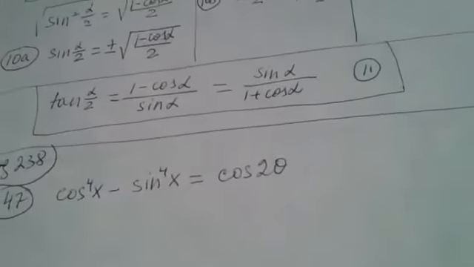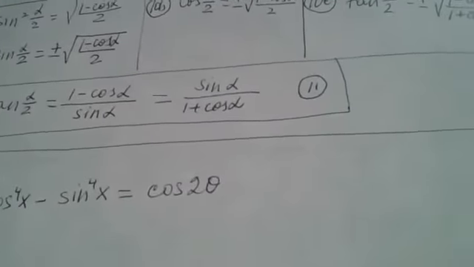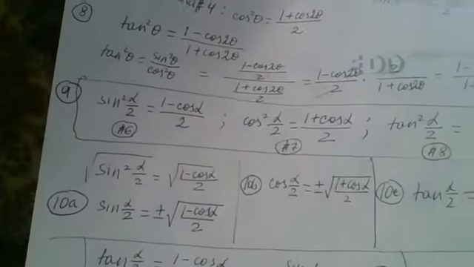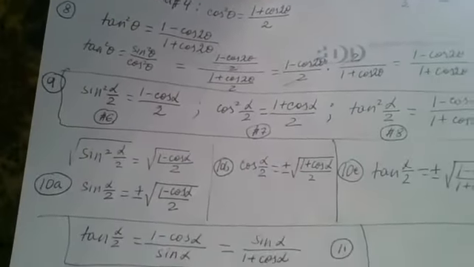Cosine to the 4th power of x minus sine to the 4th power of x. Oh, sorry. Look what I did. I wrote x on one side. I really apologize. Please change everything to theta. Cosine to the 4th power of theta minus sine to the 4th power of theta should be equal to cosine